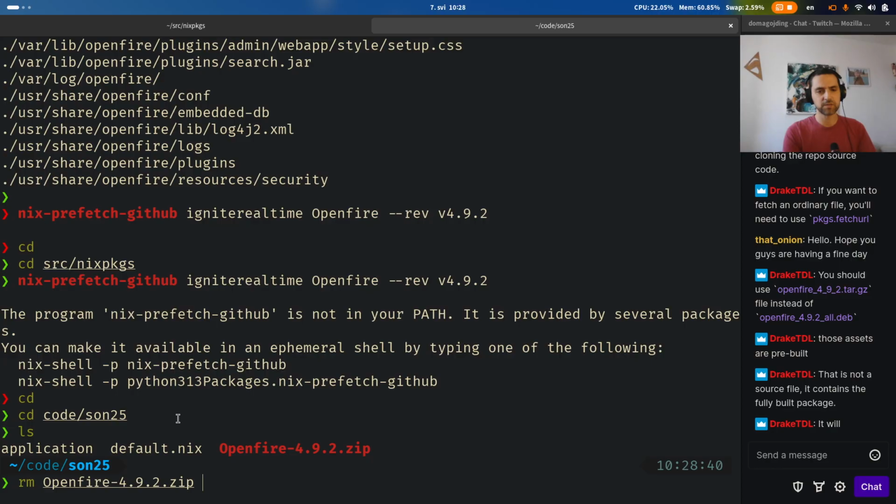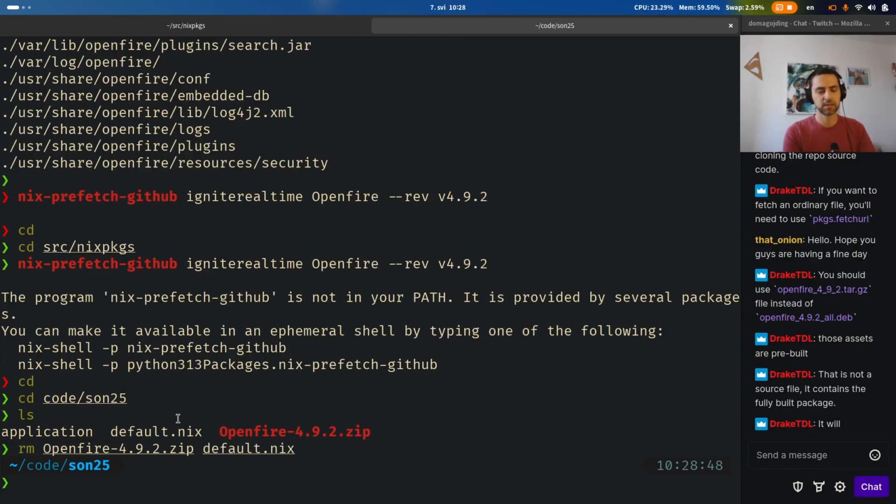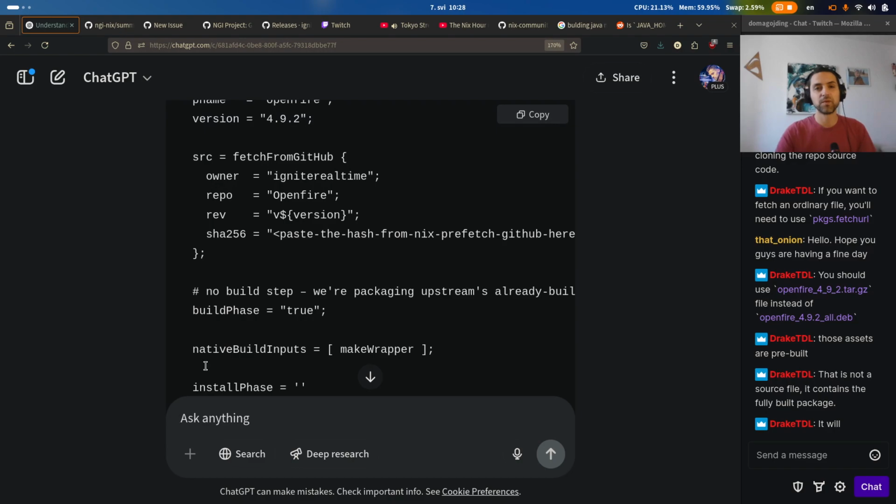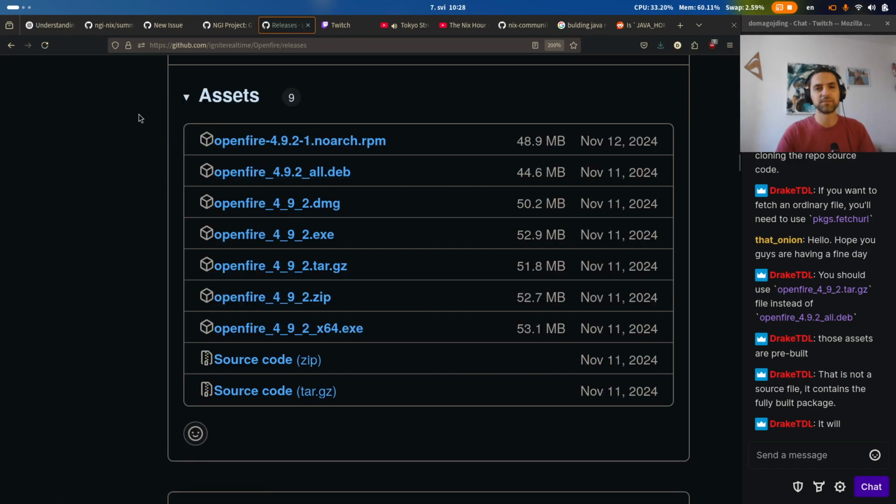Remove this also zip and default.nix and do nix init. Now when I do nix init, releases,